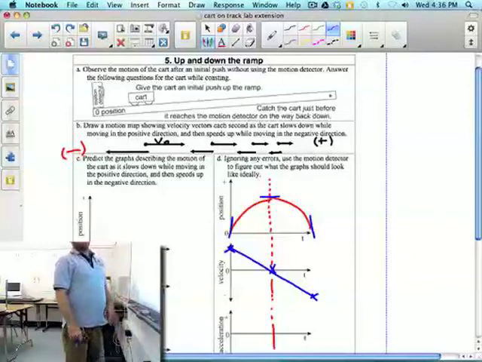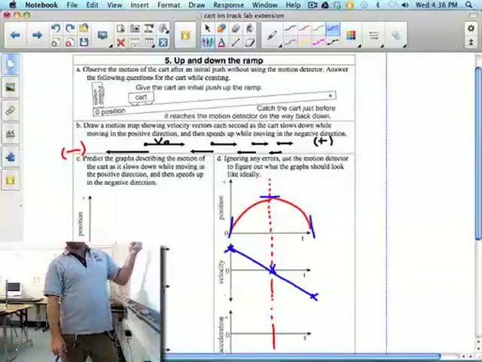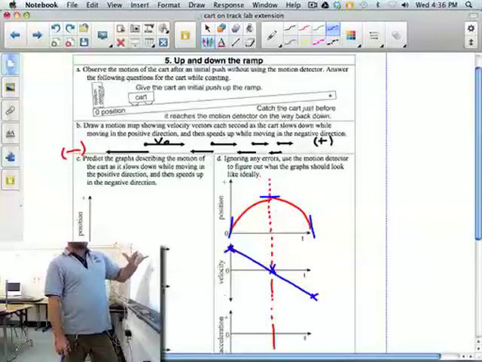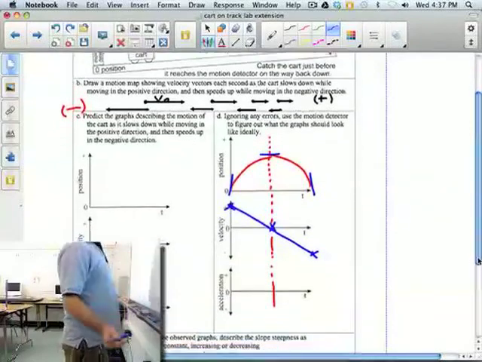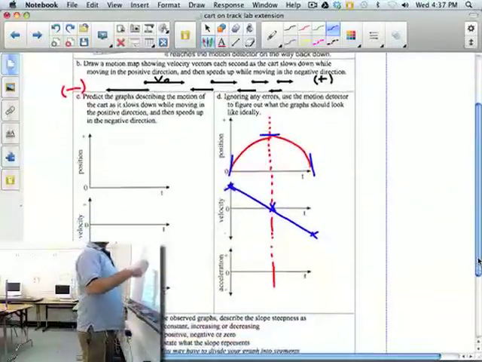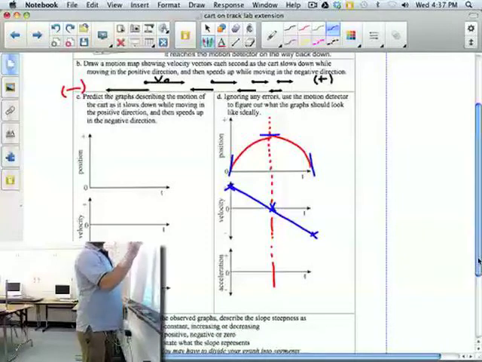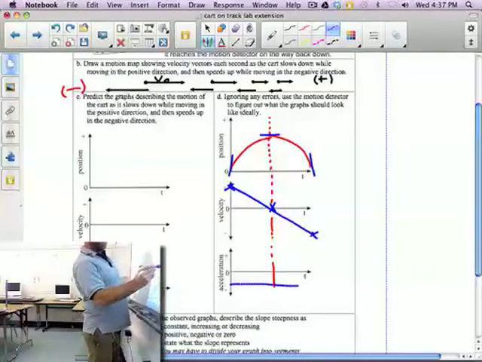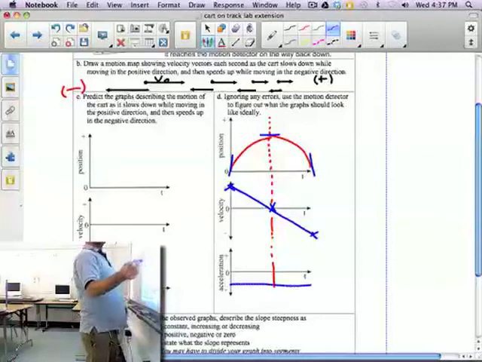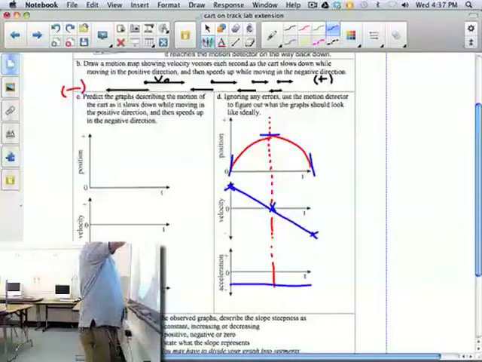In this class, you'll notice our position time graphs are curved when we have constant acceleration. Our velocity graphs are a line when we have constant acceleration. And our acceleration graphs are just a horizontal line either above or below the t-axis. Since this slope is negative, we have a negative acceleration. But our acceleration is constant. So these slopes